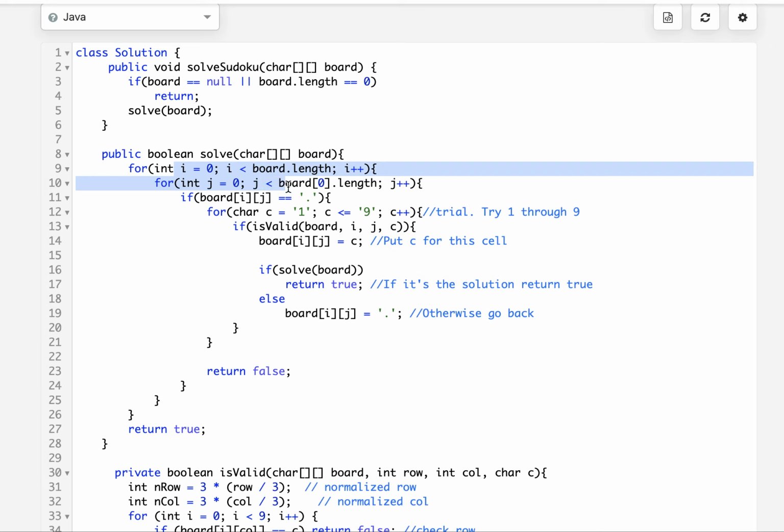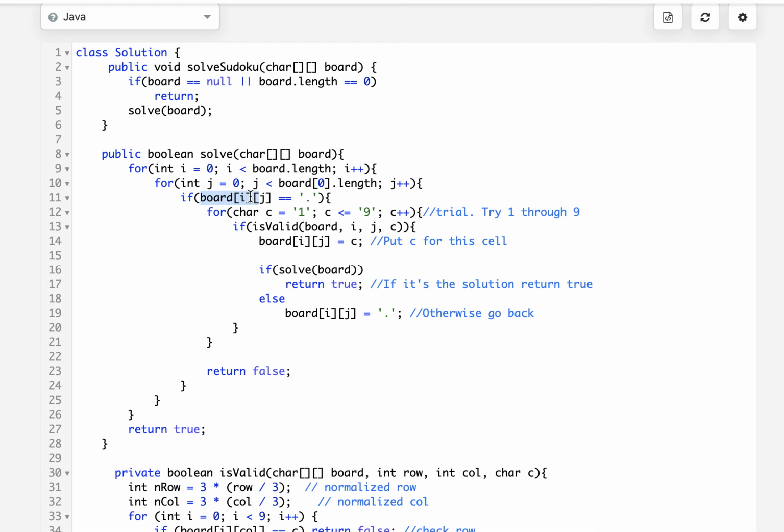It is iterating one by one across the complete board, starting from I equals 0 up till 9, starting from j equals 0 up till 9, and it's going to check what is the current state of the board at I comma j index.